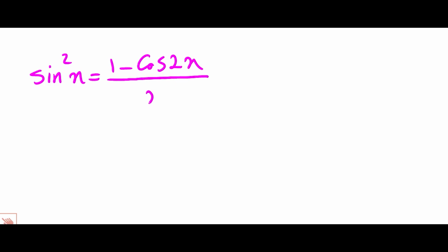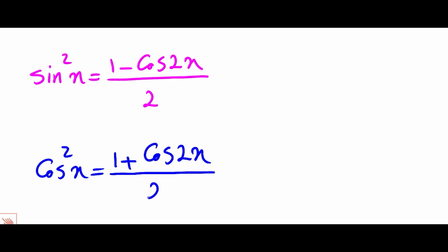When we want to integrate even powers of sine or cosine, we usually start by using the power reduction identities. Means sine squared of x equals (1 minus cosine 2x) over 2, and cosine squared of x equals (1 plus cosine 2x) over 2. These formulas help us convert even powers into simpler expressions. After that, we simplify the integrand and then carry out the integration. For example,